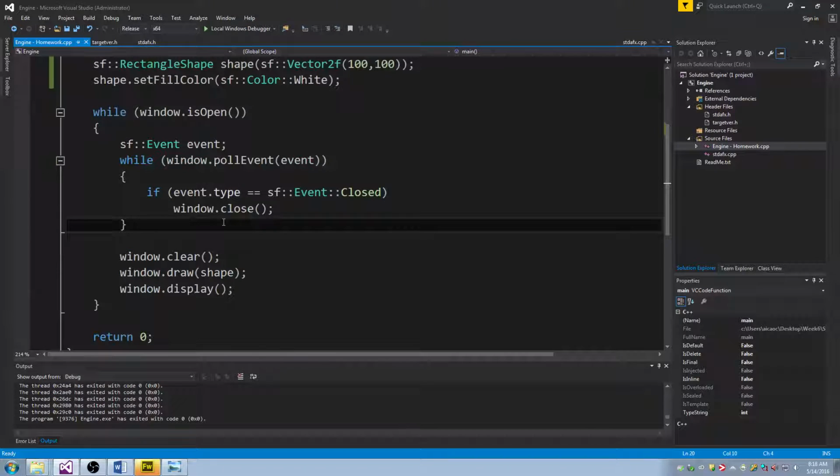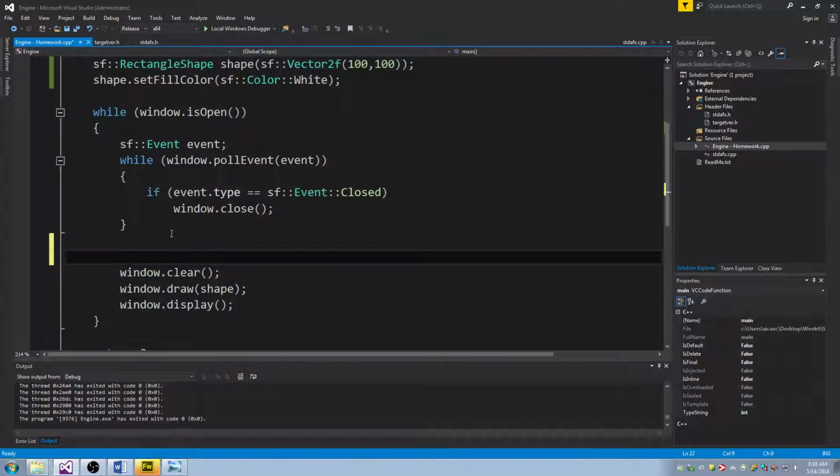Remember, there's multiple ways that you can handle keyboard events. There are events that get passed in from Windows. So this is inside this loop. You will handle any events that Windows tells you about. So these are events like, hey, I pressed a key or I released a key. And then there's a series of functions you can call to ask, hey, is a key currently being pressed right now? And the ones you want to use for moving are the ones where you ask, hey, is this key